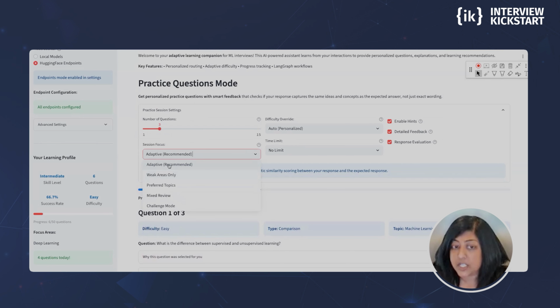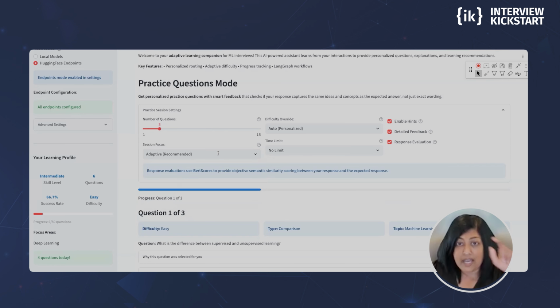It's the agents that are choosing the questions. It's not focused on just the weak areas or the preferred topics. The question selection strategy is distributed across all of these areas when it's the adaptive mode. Okay, just something to keep in mind. I had captured this in the practice mode Q&A workflow, that little visual that I had going where these agents were talking to each other,